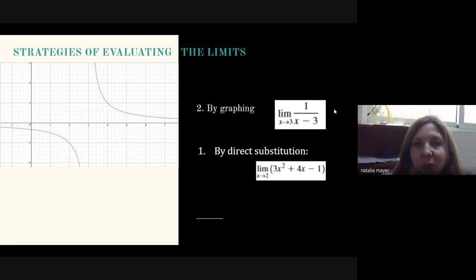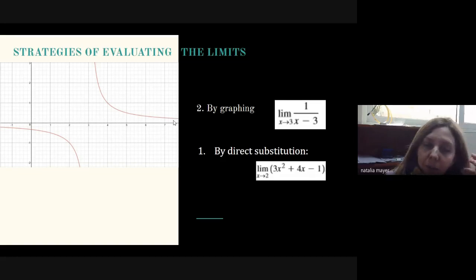Rational functions are a big group of functions where reciprocal is a subset of this group. Why am I doing this now? Because we are going to work with the functions and sketch them, and all of this knowledge we gained in advanced functions will be needed. You don't need to sketch in detail in order to just evaluate the limit; you will use the features of the linear function, which is x minus 3. Some of the features are exactly the same, some are opposite, and so on. If you graph this function, you will get this curve,